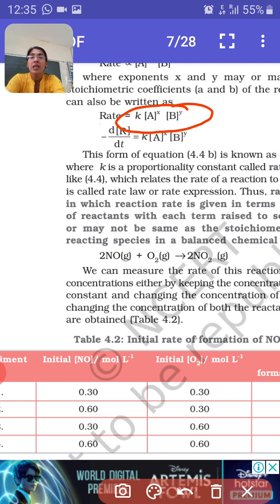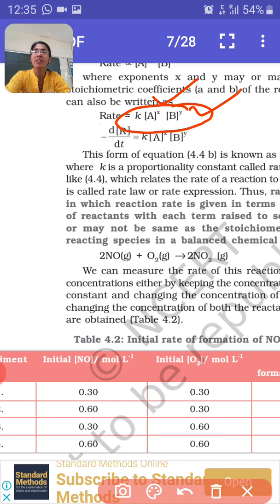Simply to say, the x is the order of reaction with respect to the reactant A, and y is the order of reaction with respect to reactant B. So, how to know the value of x and y? Children, order of reaction is an experimentally determined quantity, and therefore it can be determined only with the help of a